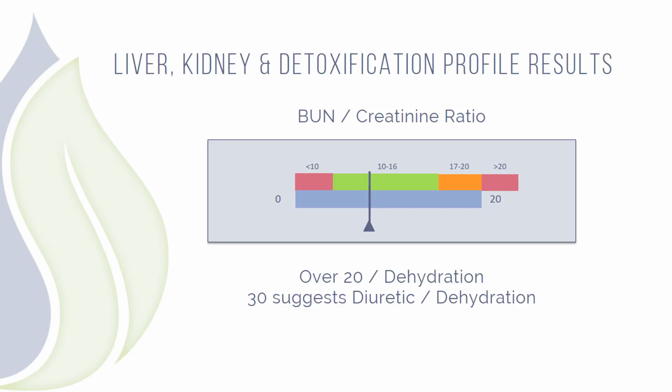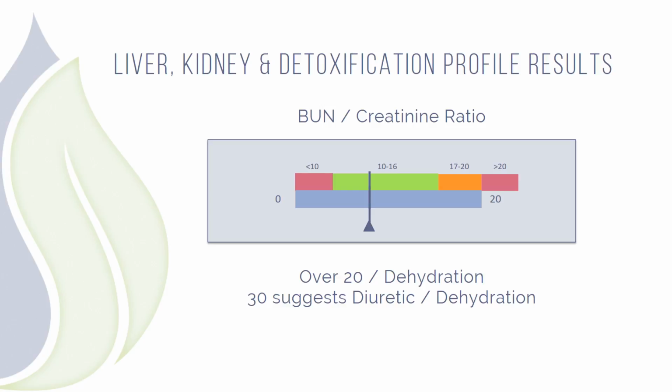A value of over 20 suggests dehydration, and a value of 30 is often seen when patients are on diuretics and are dehydrated inside their vascular volume. I've seen BUN to creatinine ratios well above 40, mostly in heart failure patients who were treated aggressively with diuretics to try to get the fluid out of their system. Sometimes these patients were okay, but we did know that they had intravascular volume depletion. That means the amount of blood and fluid inside their blood vessels was low, and that led to an elevated